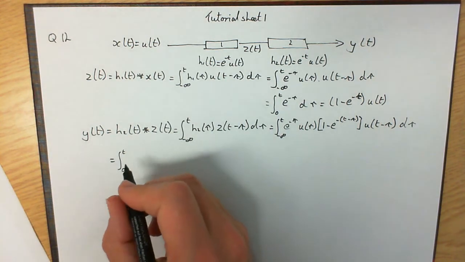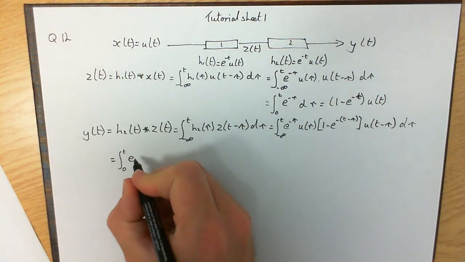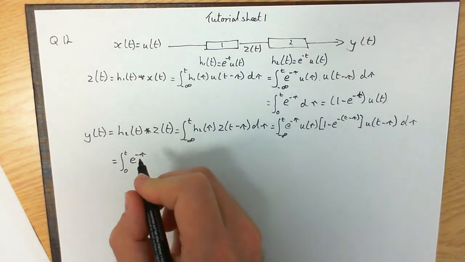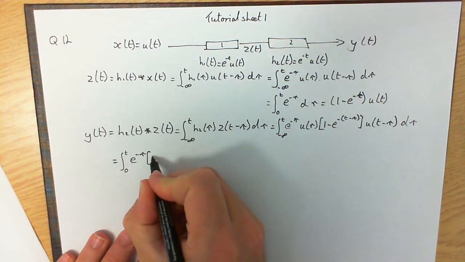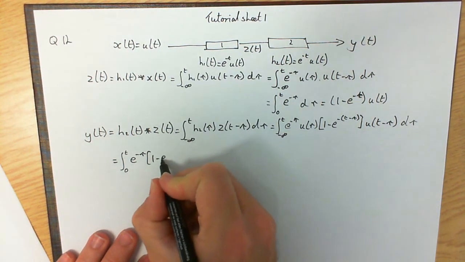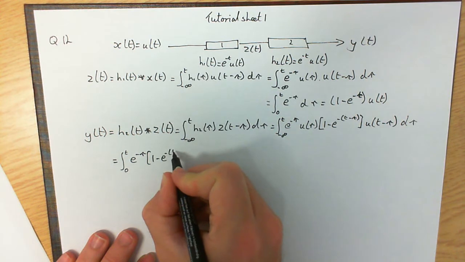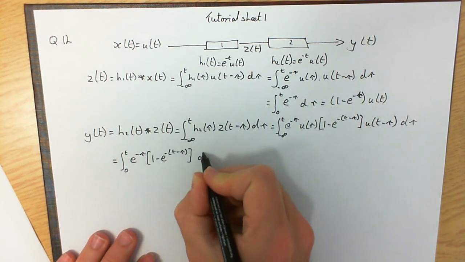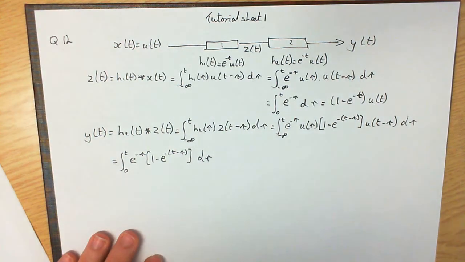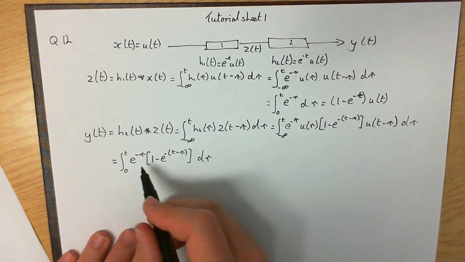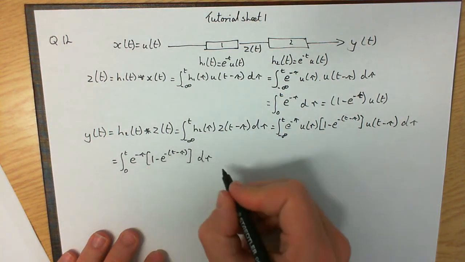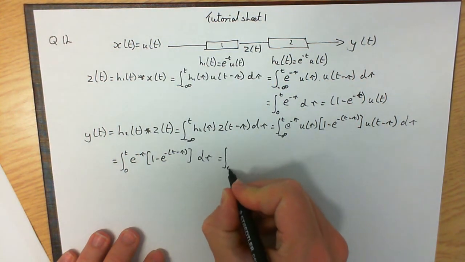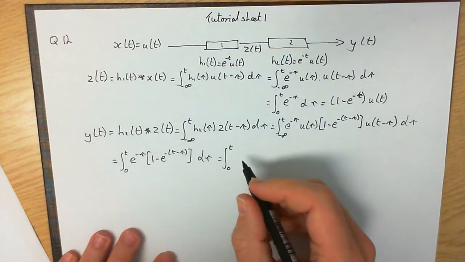So we've got the integral from 0 to t of e to the minus tau into 1 minus e to the minus t minus tau d tau. If we multiply this out, the integral from 0 to t,